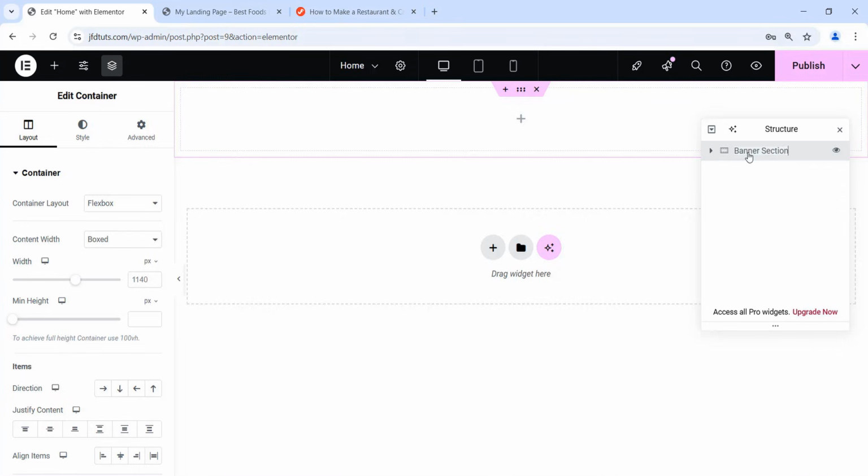Banner section. Renaming any element doesn't do anything functionally, but I'm just renaming it for better organization. Okay, so first on the banner section, let's work on here. First I'm gonna make the width 1240 pixel. And I'll tell you one thing, when the width is on the boxed, you don't see any major